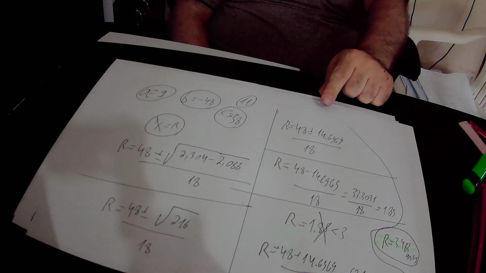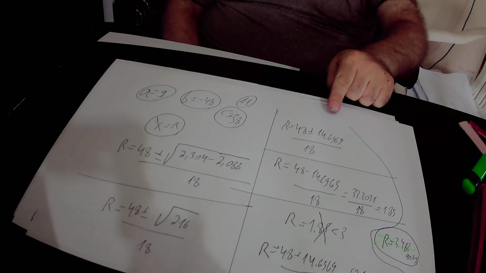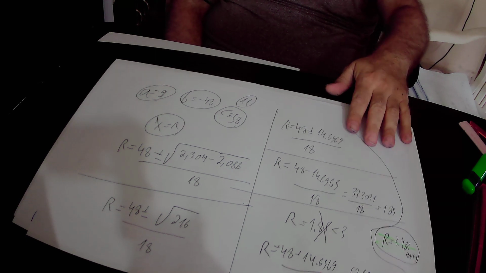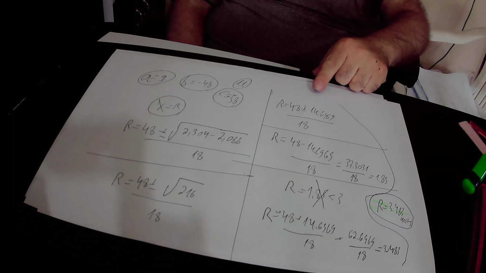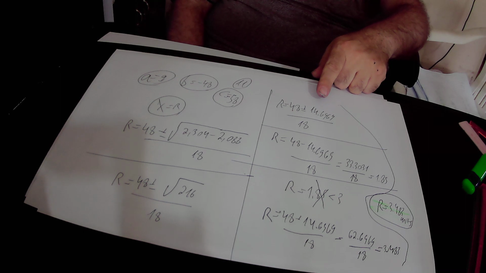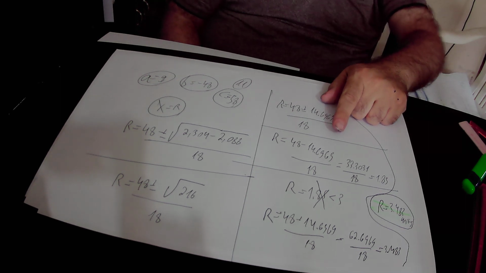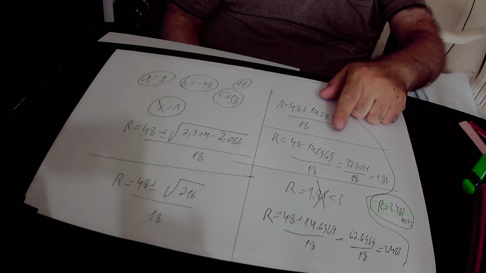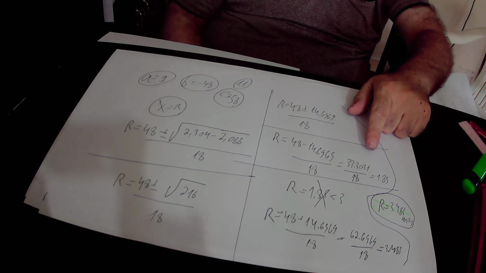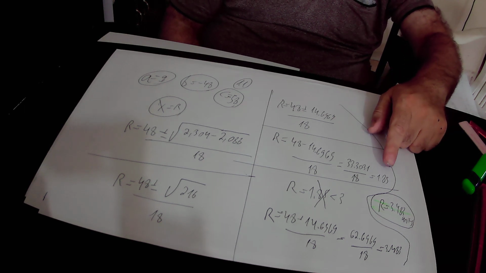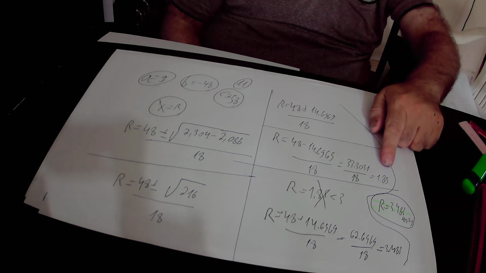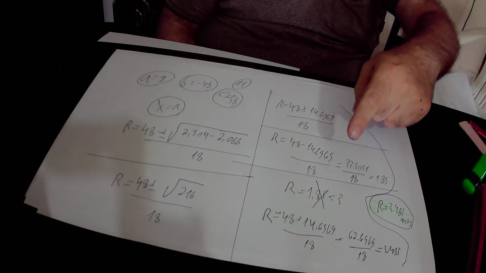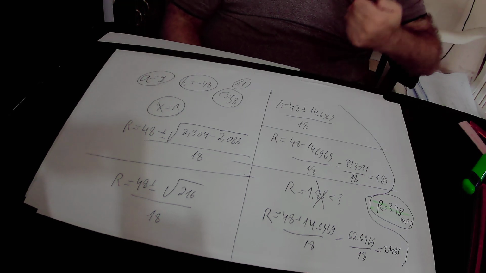So here R equals 48 plus minus the square root of 216, which is 14.6969, over 18. So here we will have two possible solutions for R. The first solution for R is that R equals 48 minus 14.6969 over 18. 48 minus 14.6969 is 33.3031 over 18. It is equal to 1.85. So we found that according to the first solution, R equals 1.85, but